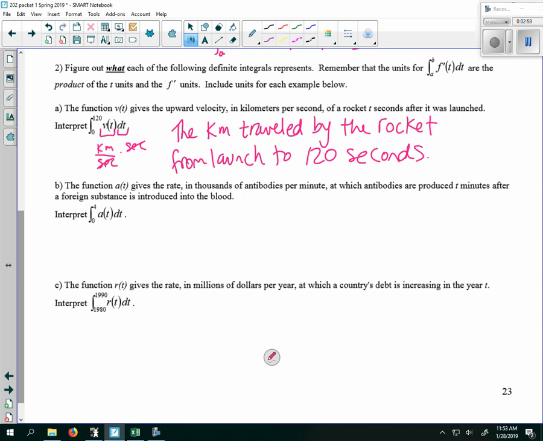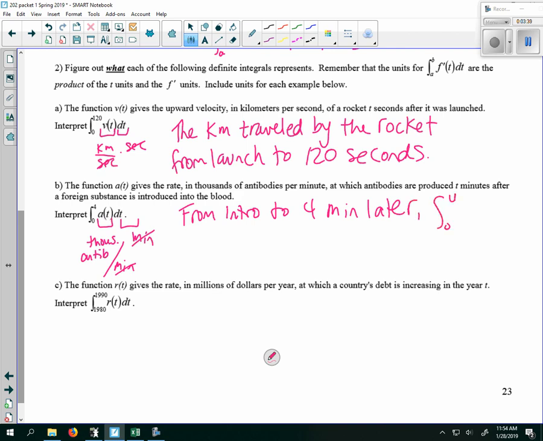Okay, this time A of t is the rate in thousands of antibodies per minute. So thousands of antibodies per minute. dt is minutes, so my units will cancel and I get thousands of antibodies. And I'm integrating from 0 to 4, so that's from the time the foreign substance is introduced to 4 minutes later. So from introduction to 4 minutes later,